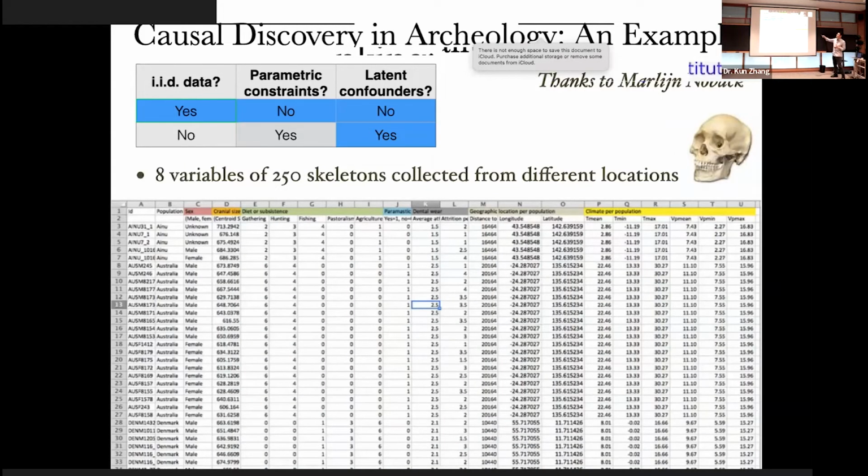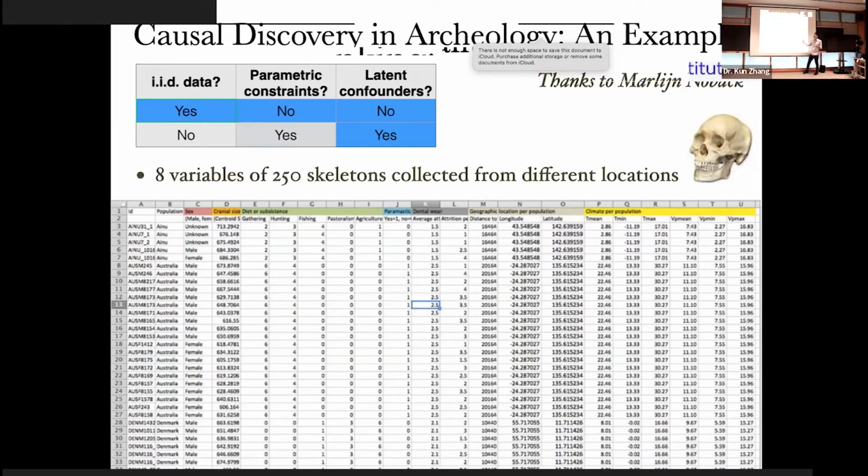So this is the basic data set in archaeology collected by my collaborator, Marley Nobeck. So I really like her last name, Nobeck. Just go forward. She collected 250 skeletons and she measured 8 variables. In archaeology, they really want to understand why people in different areas look different, right? So what's the cause? How are those features related? So that's why they collect the